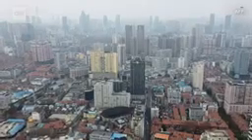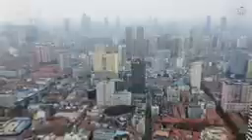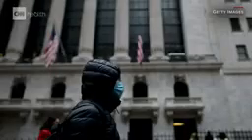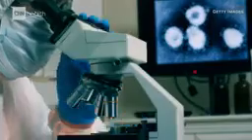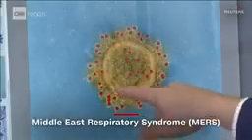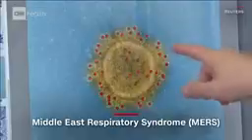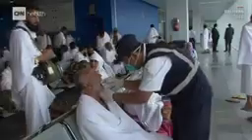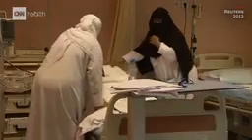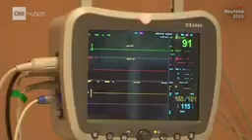Since the novel coronavirus first appeared in Wuhan, China in late 2019, it has spread across the world. Coronaviruses are a large group of viruses common among many species of animals, including humans. There have only been 2 other coronaviruses that have been known to be deadly. The Middle East respiratory syndrome, known as MERS virus, caused severe respiratory problems, and the CDC estimated that 3 to 4 out of every 10 patients infected with MERS had died.